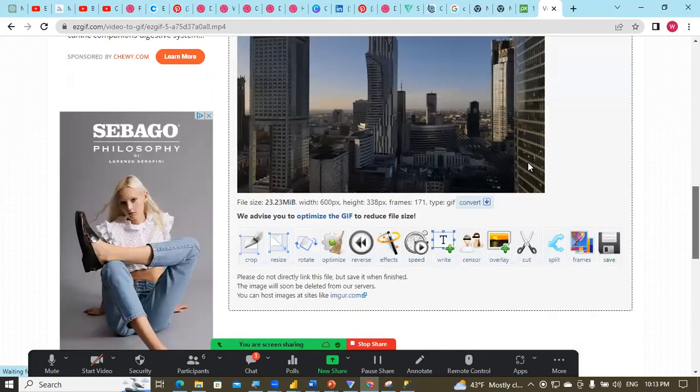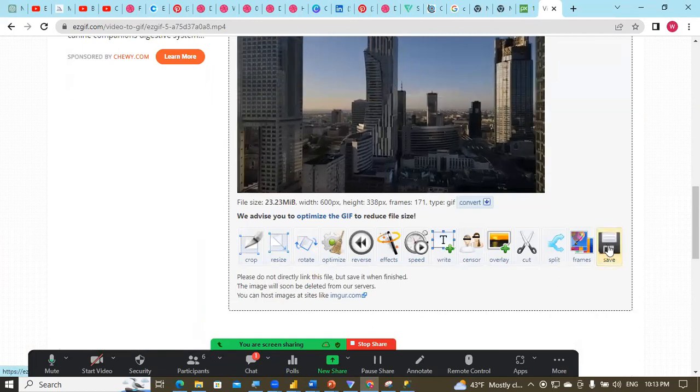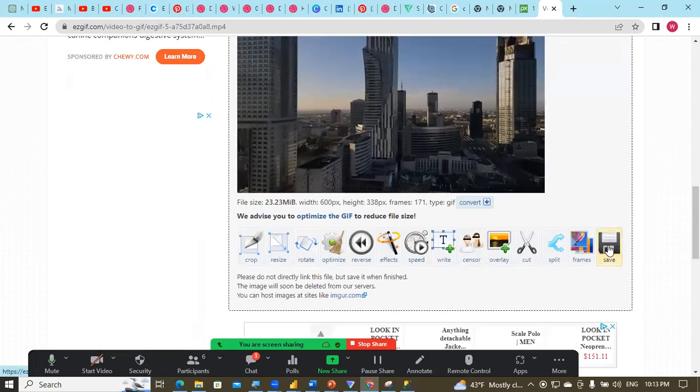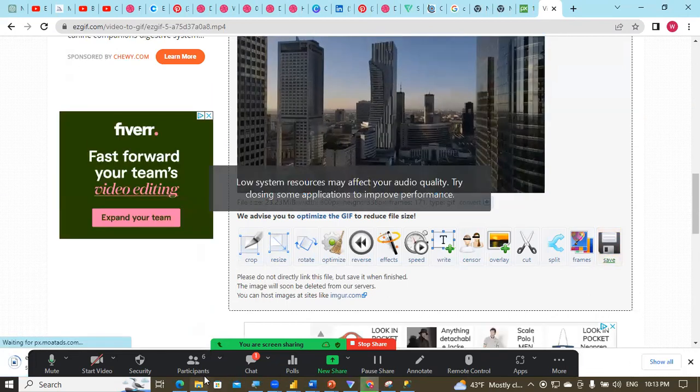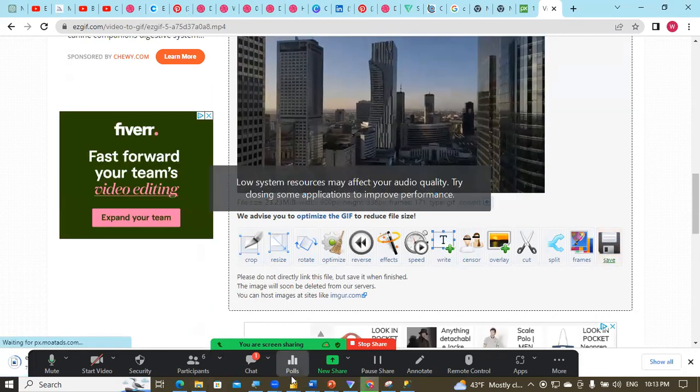Yeah, so this is converted to a GIF file. Once you have this, you just save the GIF file. So you hit on save, right? And it saves the GIF file. So once you have the GIF file saved, then you come to Power BI and